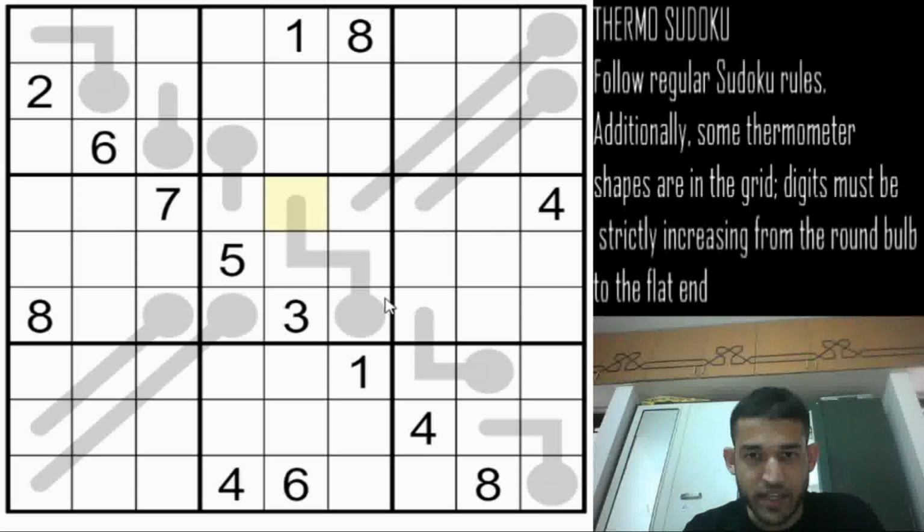Now in box 5 there is only one place for the 1. I will go ahead and mark that, because 1s are in column 5 and column 6, and 1 cannot be in R4, C4, so 1 can only be here. And 7 can be pencil marked in these 3 cells in box 5. However, 7 cannot be in this cell, because then this would have to be a 10 for the thermometer to be satisfied, so we can remove the 7 from here.